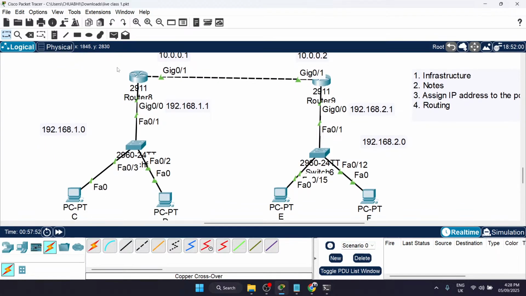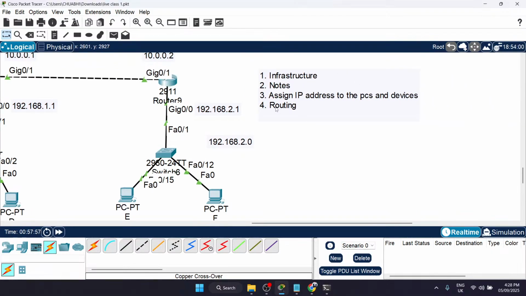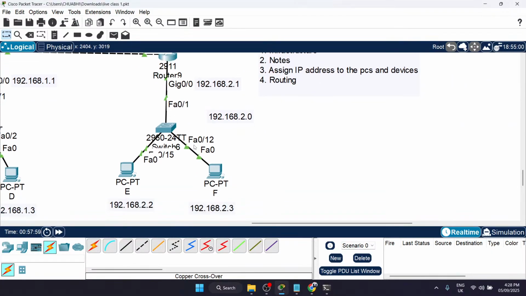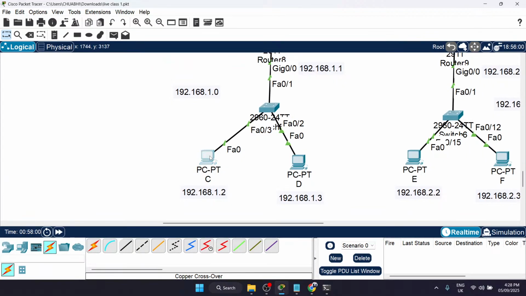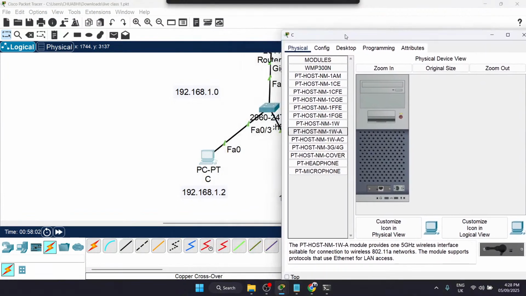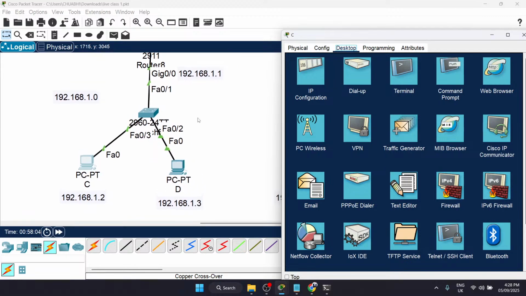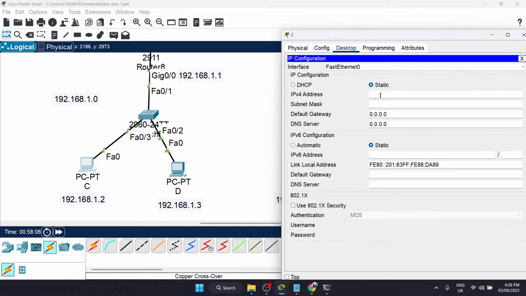Okay. Now we have configured the routers for now. We have still not performed the routing. We are just assigning IP addresses at the moment. Now go to the PC. Now in the PC, go to the desktop. In the desktop, go to the IP configuration. And in the IP configuration, I need to give this IP address